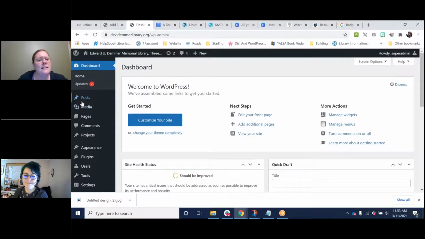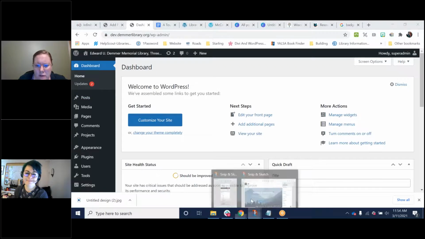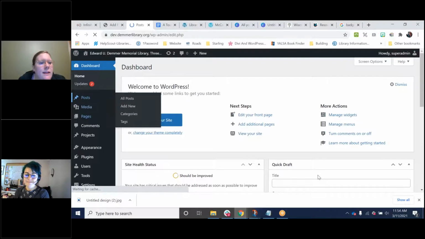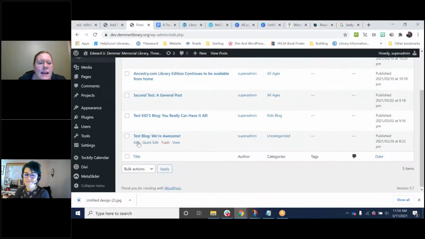there should be a spot where you can see posts. Let me see, I have a cheat sheet here. Pages, posts. Your controls might look like this, or you might have a different look, but you can see that post button right there. Click into your posts and you'll see that I created test blog posts in the past.